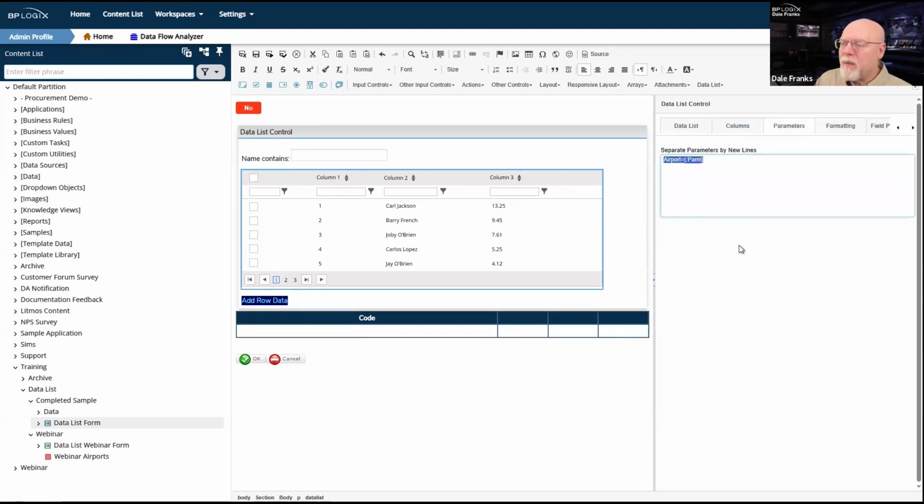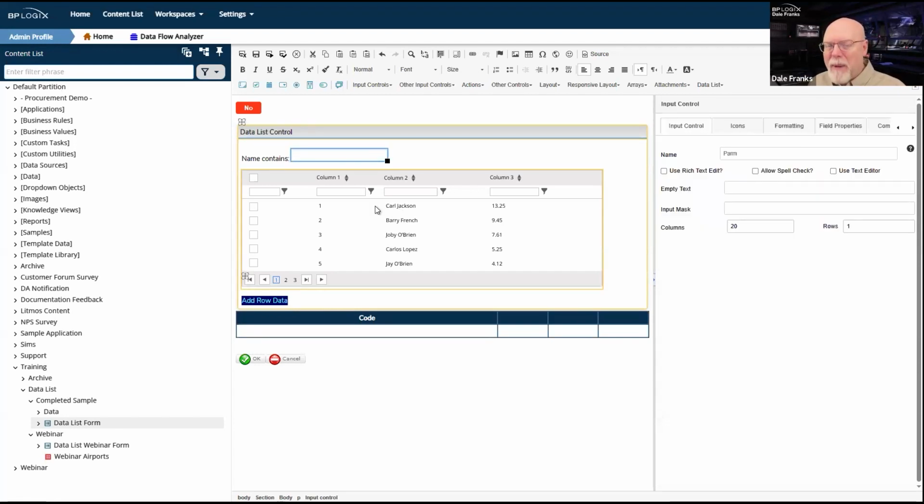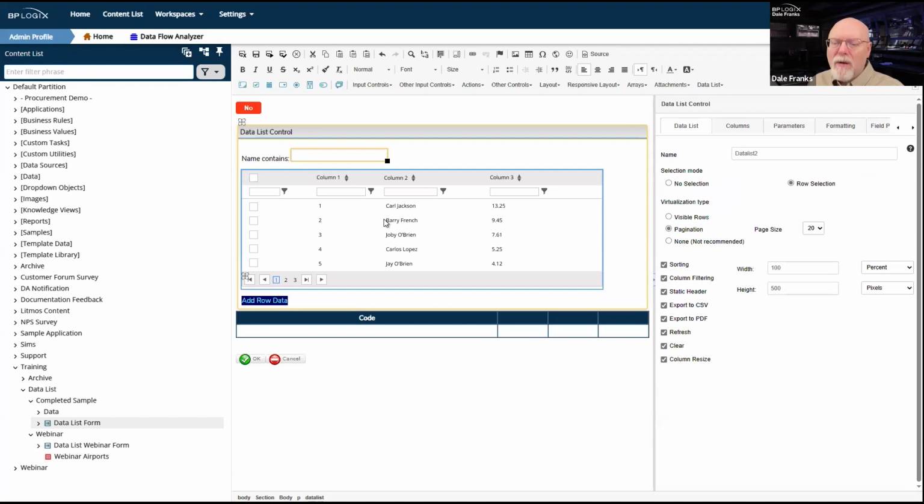And I've got this parameters tab here. There's this field right here. It's called parm. I can pass a parameter to the data source that supplies the data for this particular data list.